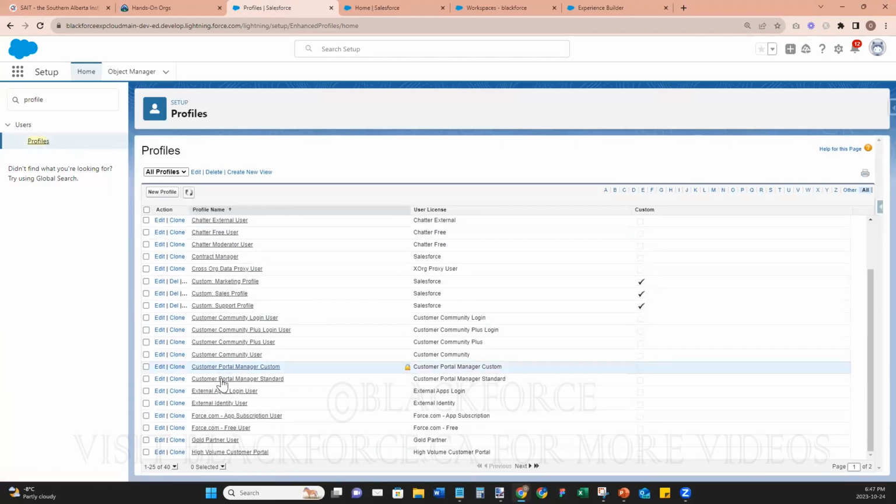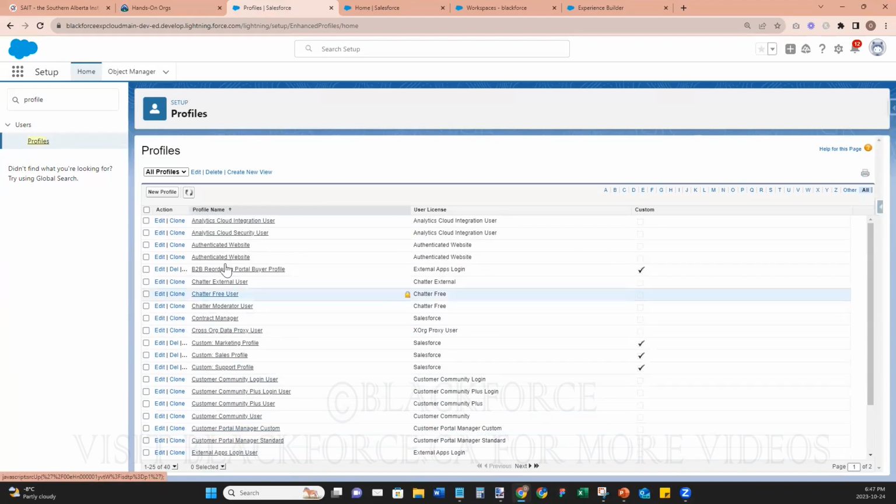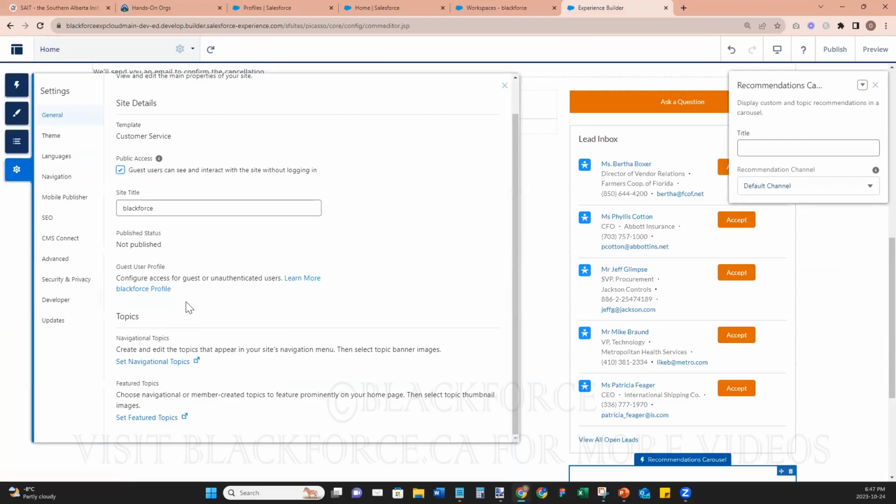The way you have different profiles here, the guest user has his own profile. And the profile name is usually the title of the website plus the word profile. So, and it's always here. So when you click on it,